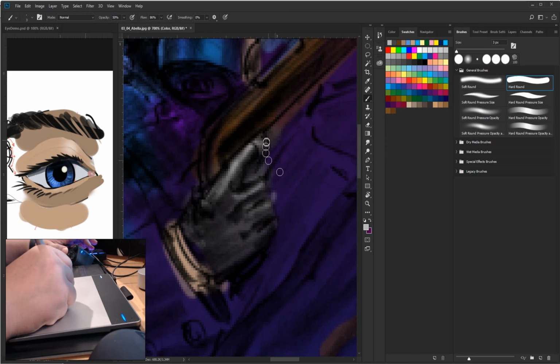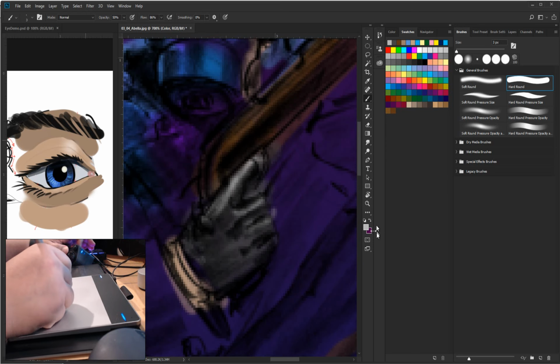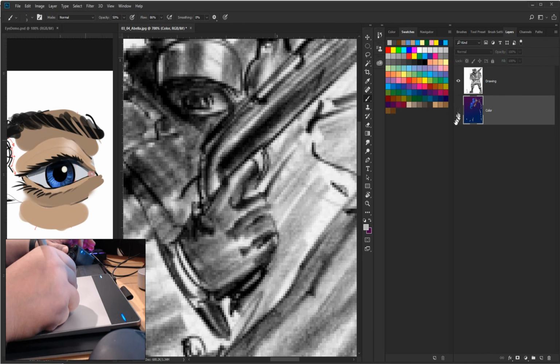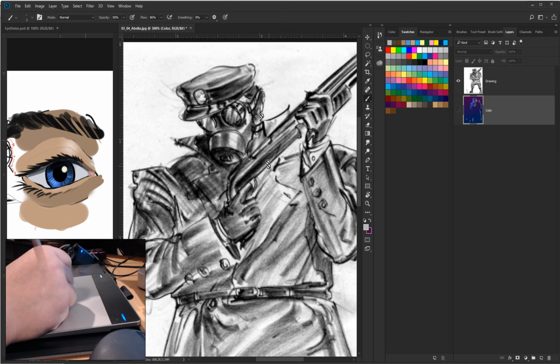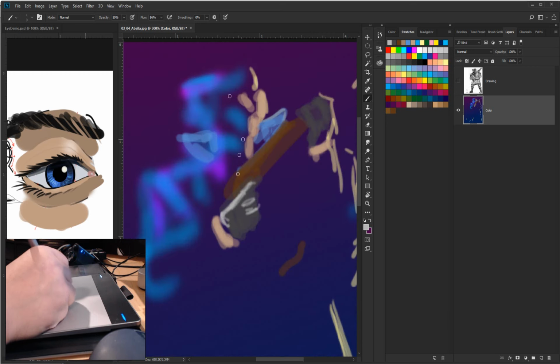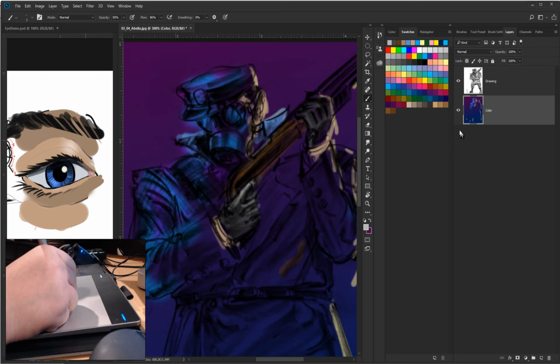But the idea is that you get 90% of your drawing finished, so that it looks good in value, and then your color just can be this sloppy, but your drawing makes it work. I'm not going to spend too much time on it. I just wanted to get you guys sort of started. And what you would do is just bring up a painting that has colors that you really like, put it over here,